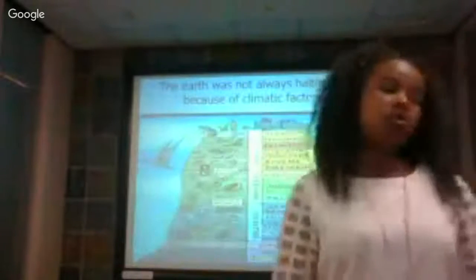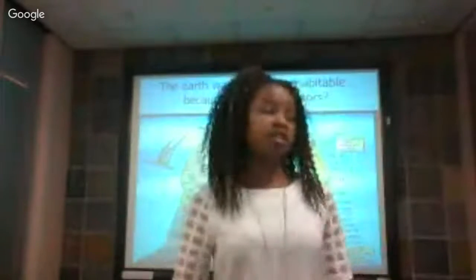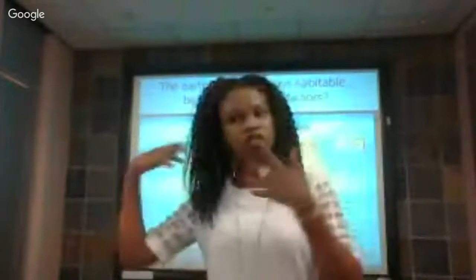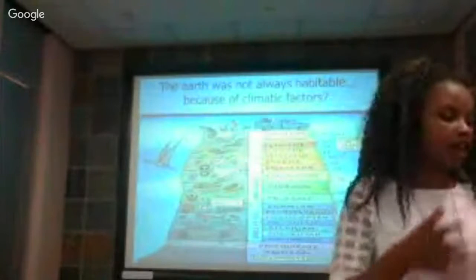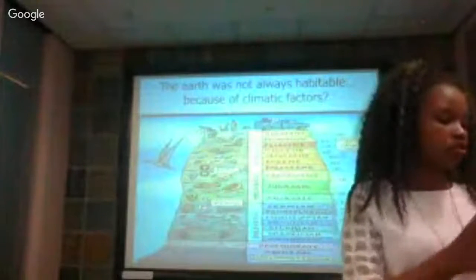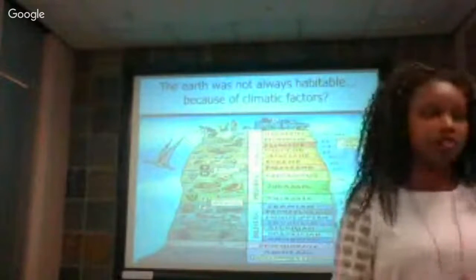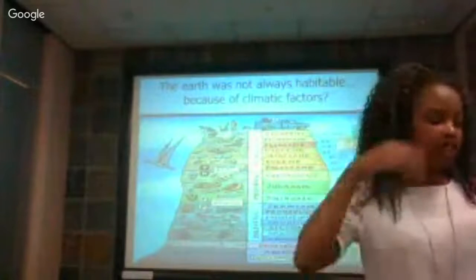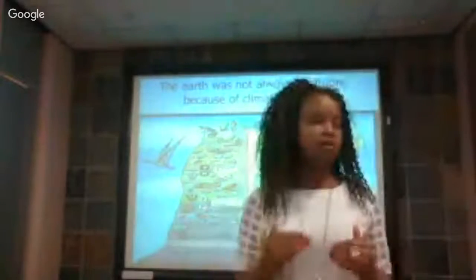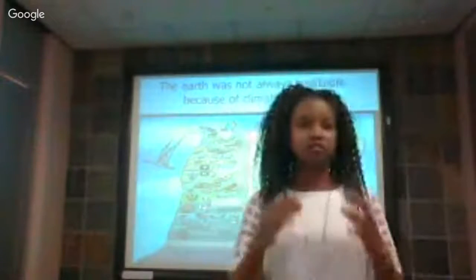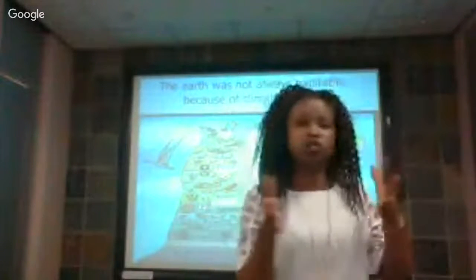So we do know that the earth was not always habitable, and how do we know that? Because of paleontologists, right? So what you see there is a geological time scale. Yes, we see the difference. This time the data source is just the fossils that are buried in the ground. So paleontologists, they can dig up the ground and then they see what sort of life existed in which time period. They can also date these, and then we know when this was and what sort of organisms were there.